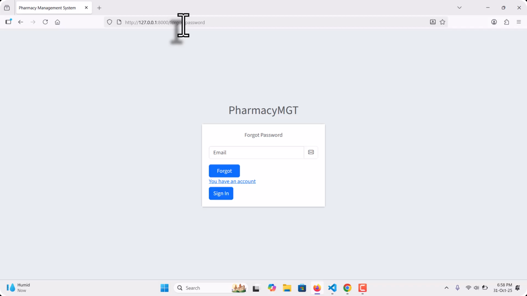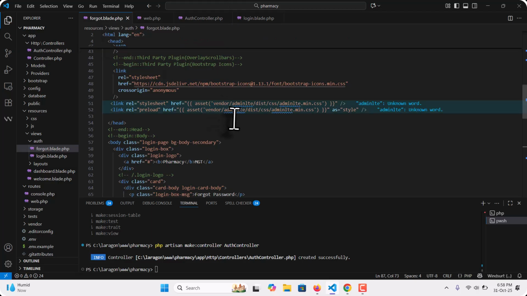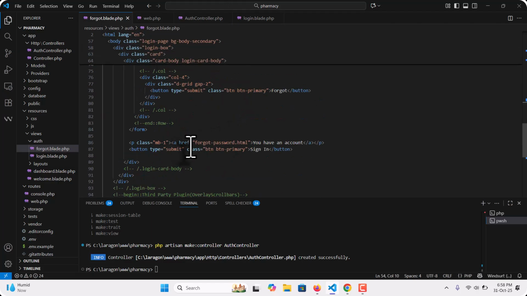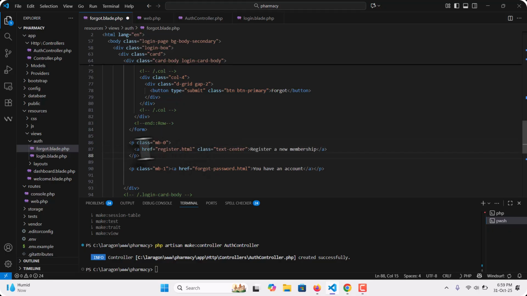I think this one I'm going to make it be on one line. I don't need it as a button. So we come back to our forgot.blade.php, and what we are going to do is simply to make this as a button. Let me see what we can do. We can use a paragraph actually. So let's just use this one here, and we can div. Let's just div here, and then we remove this one, then we say this already